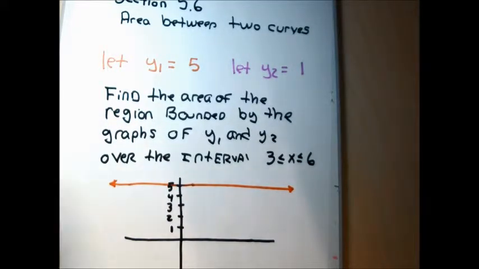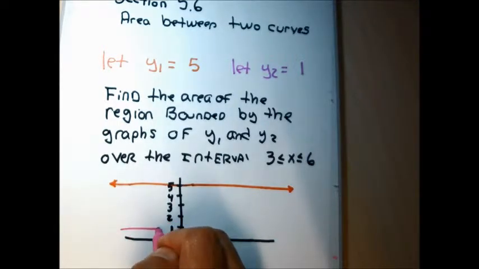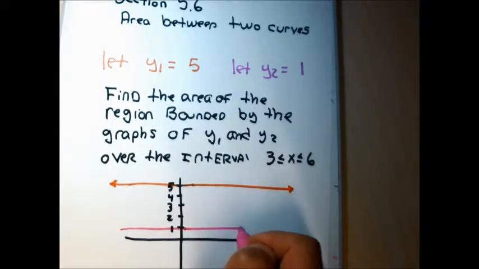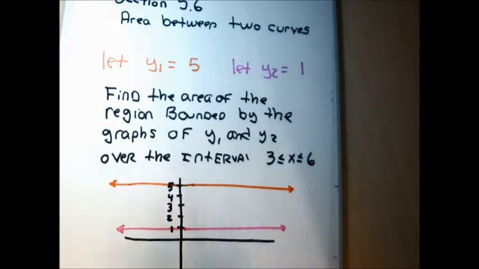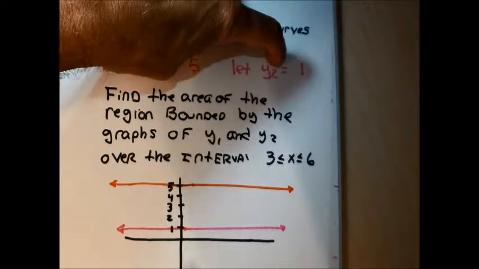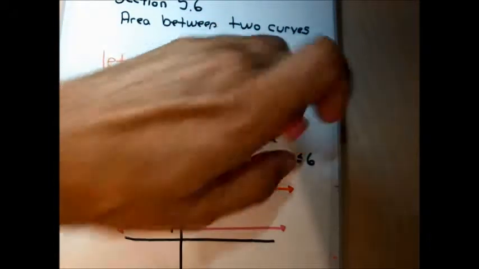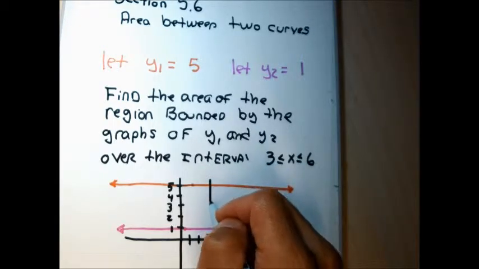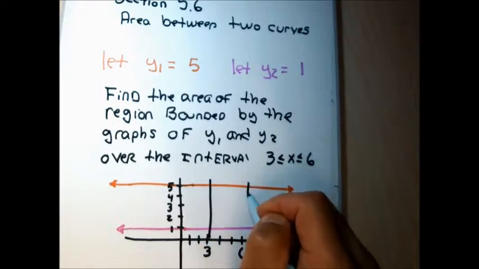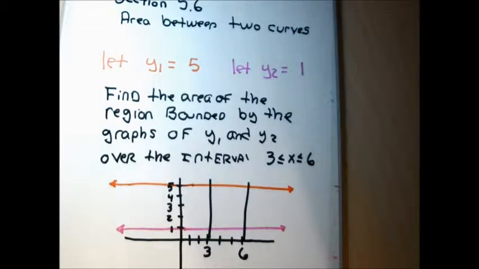The equation y2 equal to 1, again, that equation doesn't have an x, so it's a horizontal line because it only has a y. So these are the functions that I've brought up. And now, specifically, I want to look at the area between the graphs between x equal to 3 and x equal to 6. Let me draw those in. There's x equal to 3, and here's x equal to 6. So the area that I want to find